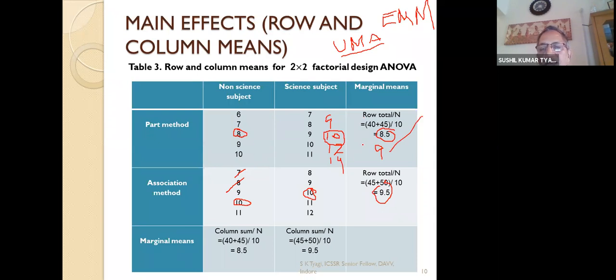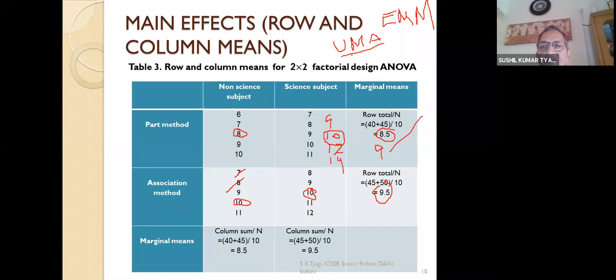Now suppose I want to calculate the actual mean. The total of this is 40. Now the total of this becomes 45 plus 9, 54, 64, 74, 76, 80, 90. 90 divided by 5 and 6, 7, 8, 9, 10, 11, 12, 13, 14. 90 divided by 14 is not 9, it is different from 9.